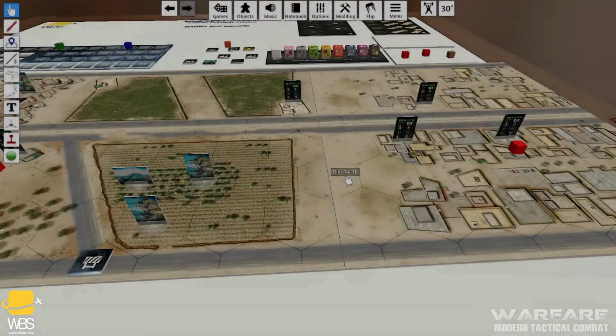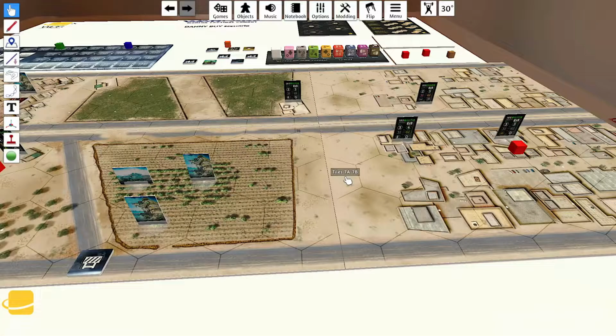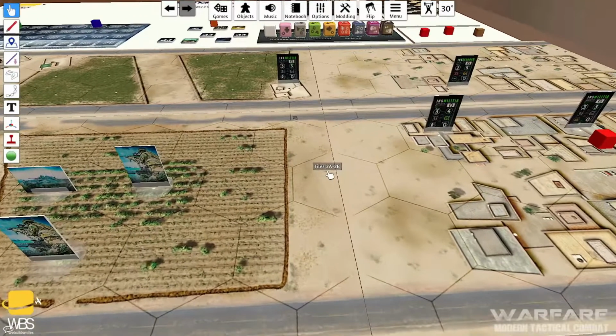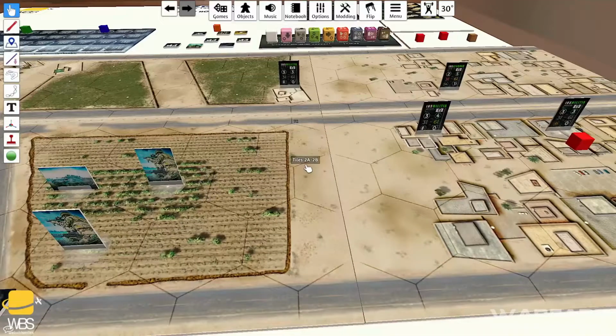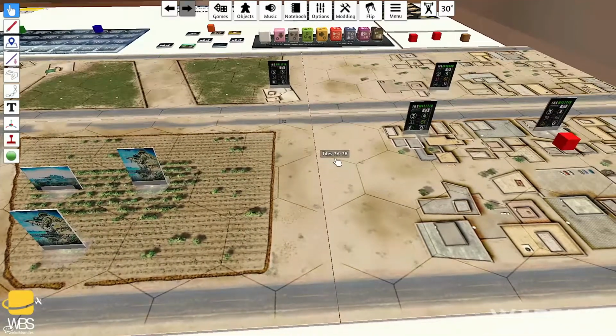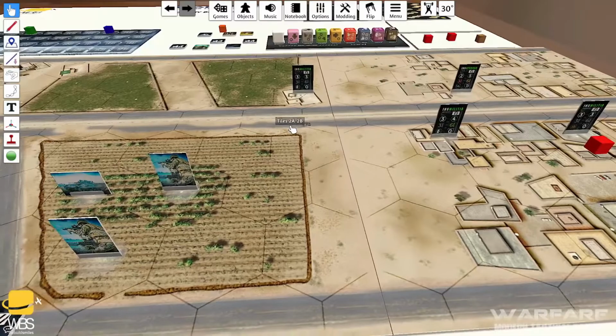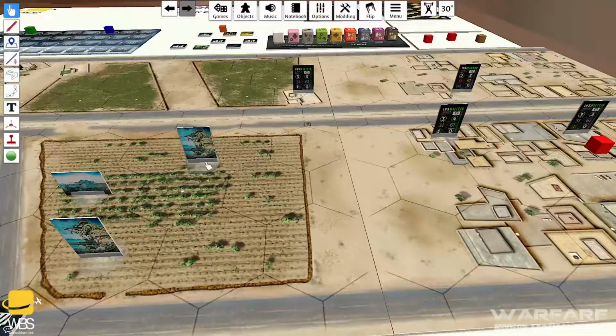Line of sight and fire combat. Let's see how they work in the game. To be able to fire at an enemy unit, I must be able to see it, and the weapons I am using, either small arms or heavy weapons, must have the appropriate range to reach the target. So for example, let's say that this insurgent unit tries to fire at this British infantry